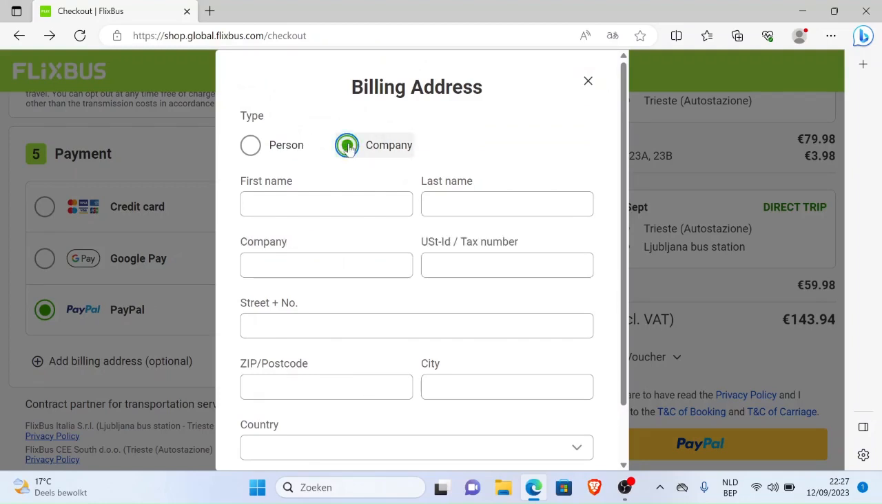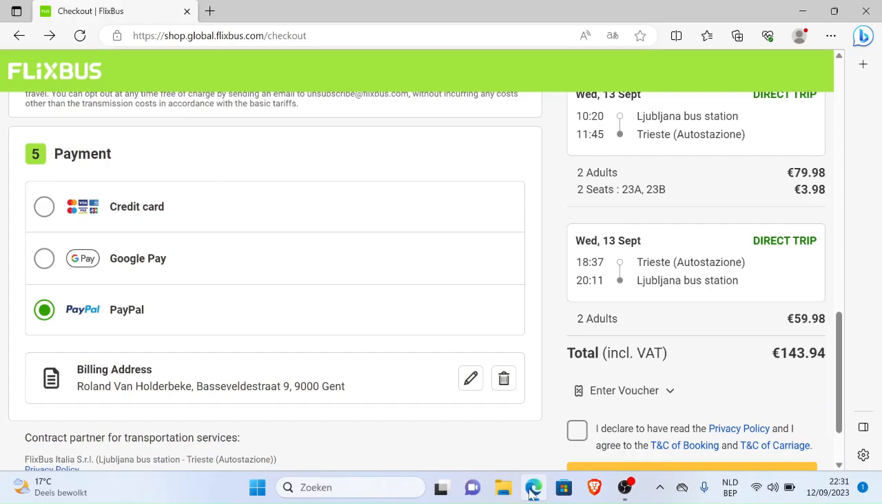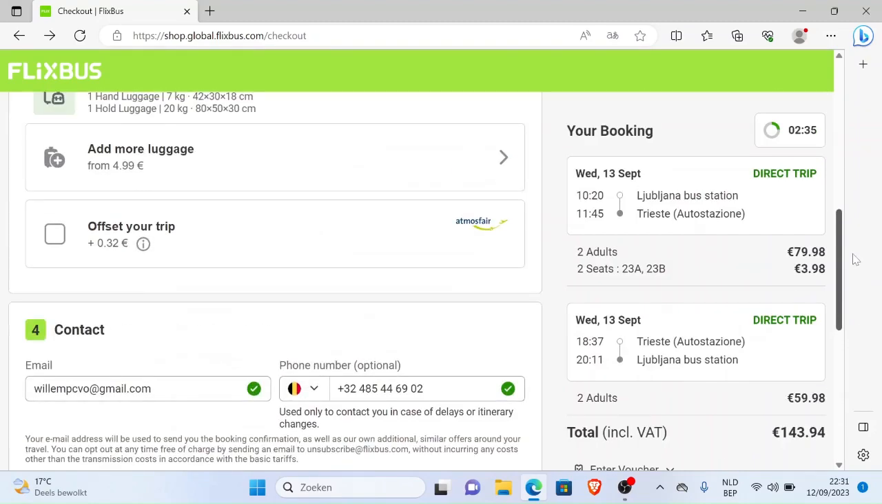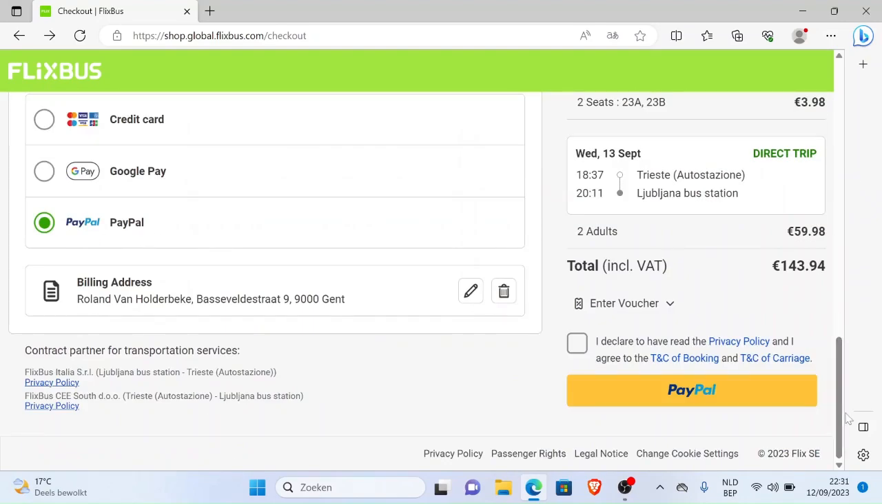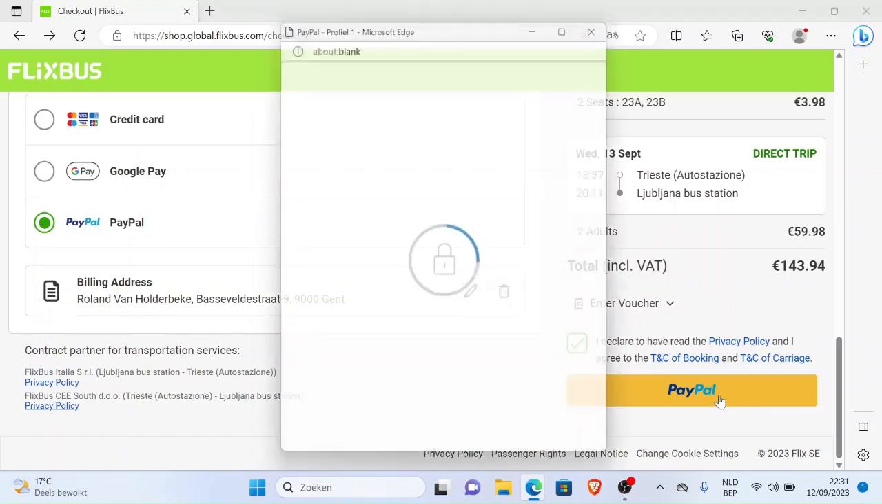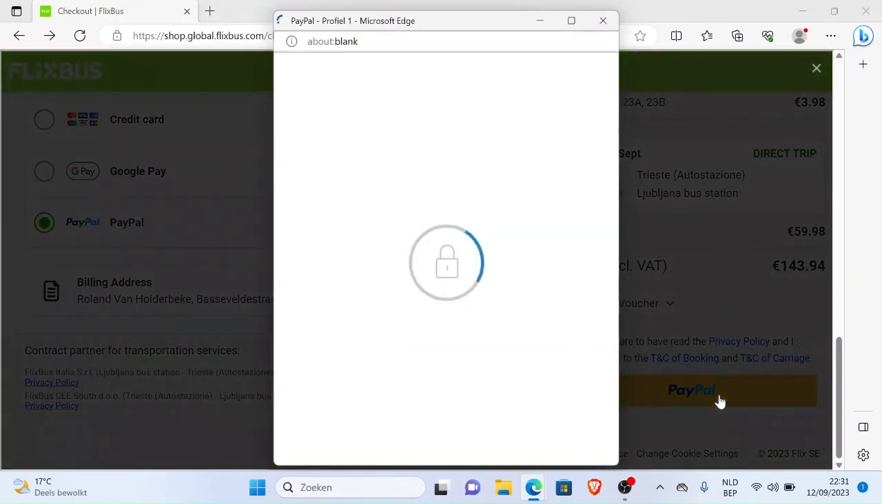You can also select a company. You're free to do what you want with this. After you filled out all the information, you see you need to speed up. You have only 2 minutes 33. Then you select I declare to have read the privacy policy, click on PayPal,